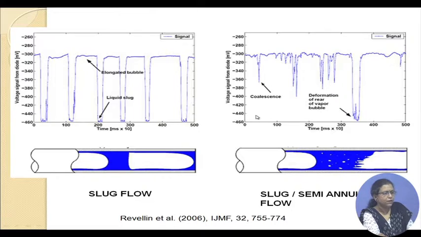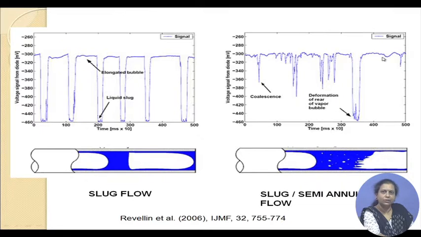what people observed was, I would like to tell you that in microchannels annular flow is not very evident, and this particular group of researchers also approached something like the slug or the semi-annular flow pattern with occasional liquid bridging. They could not get a pure annular flow. How is this evident? If you observe this particular signal, the transition from slug to annular or semi-annular, whatever you say, we find that now the signal, for a greater fraction of time, is in the high